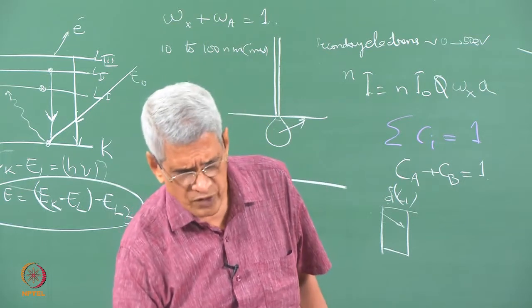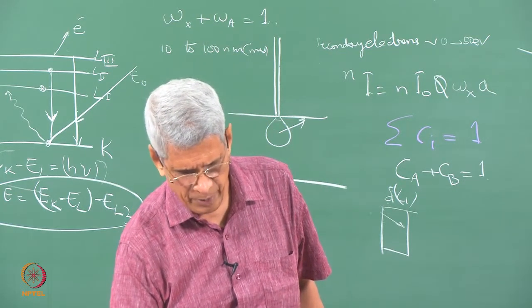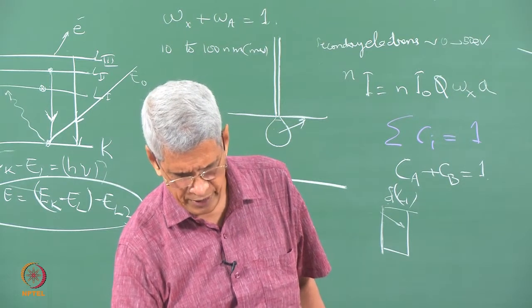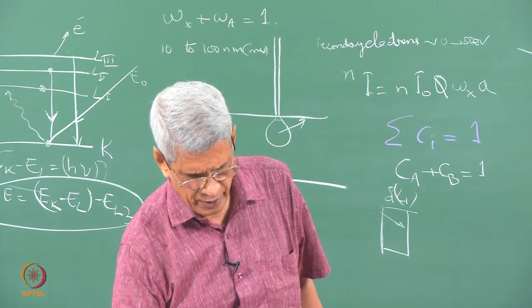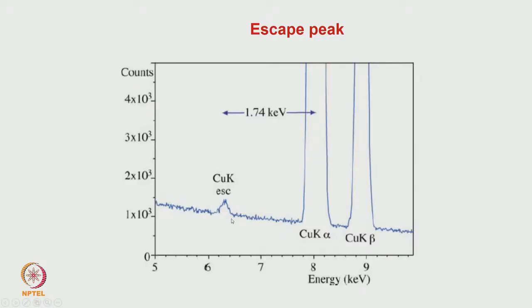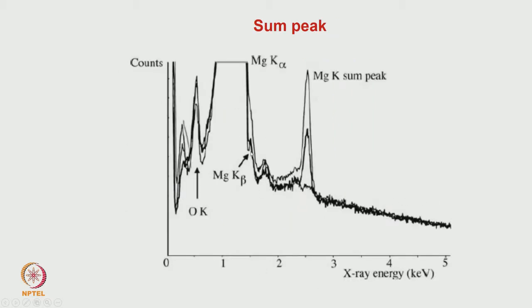This is just showing some examples of peaks, where copper K alpha is around 8 keV, and you can see that around 6.2 another peak comes, an escape peak. Some peak is here, a magnesium peak in a sample, especially when the count rate is very high, that is where you get all this, because for this purpose we have to reduce the count rate considerably. Now you can see that there is a peak corresponding to magnesium, and some other peak comes. This may correspond to some other element, so we will think that another element is present in that sample, which may not be the case.